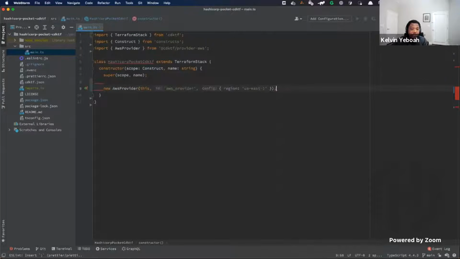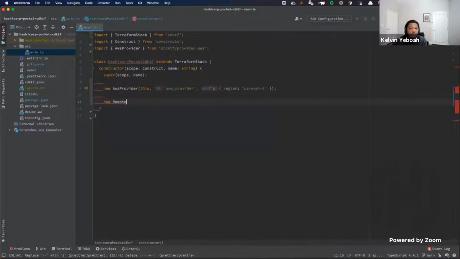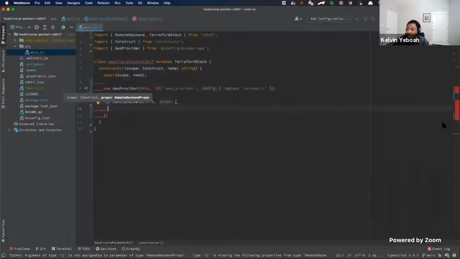US East 1 region. Now, on top of this, we use Terraform Cloud to manage our state, so we can have some state versioning and also collaboration as well. So we're going to build a remote backend. And we're going to pass it again the same construct. And then we're going to define the properties of our remote backend. To start with, we need our host name, which is where the remote backend actually is, and that would be